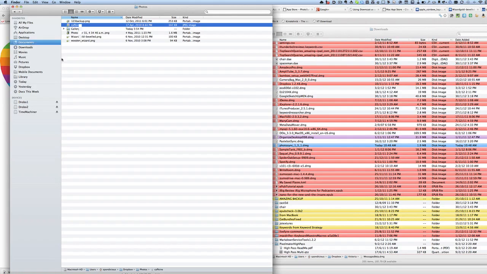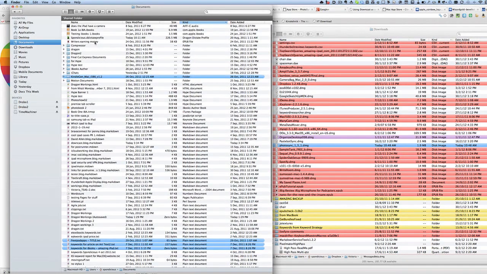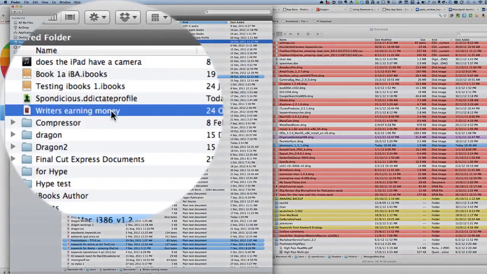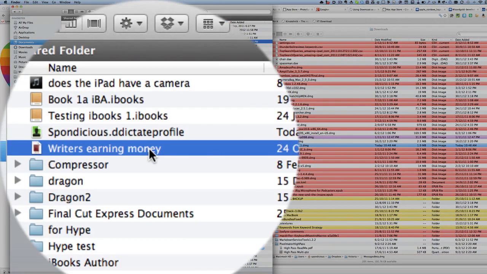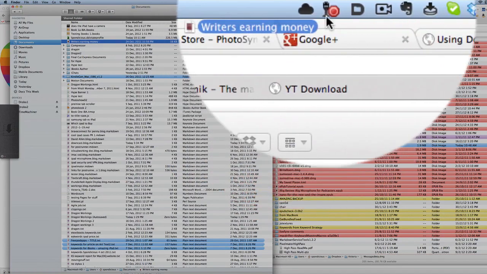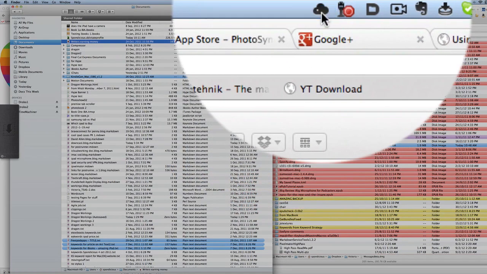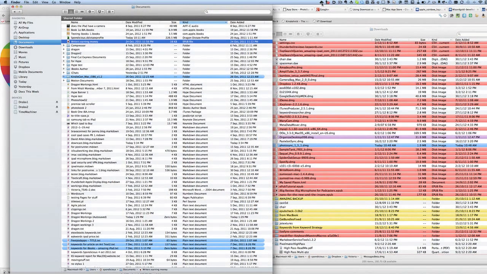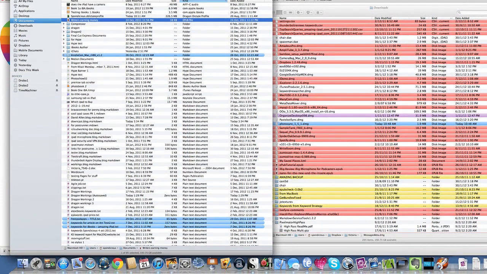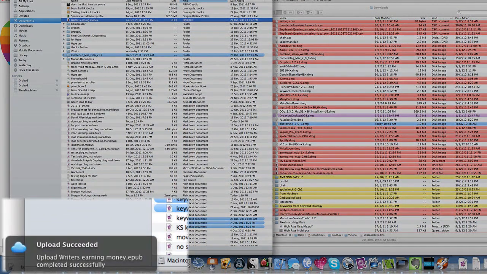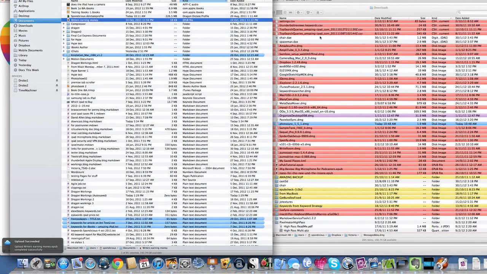Let's go to my Documents folder. I've got a nice EPUB file there. Send that off to somebody if I wanted to, so I can drag it and drop it over on that. That's another way of moving things onto the Cloud. Let it do its thing for a couple of seconds really. It didn't take long at all for it to be uploaded,